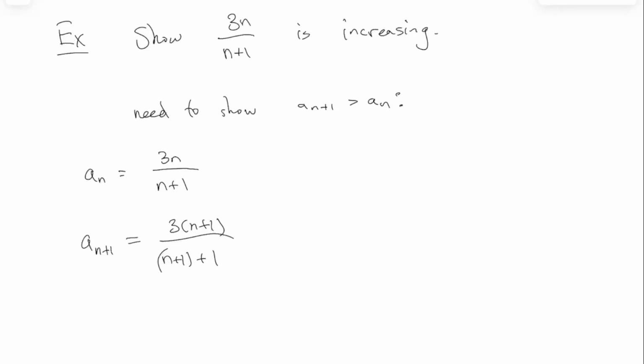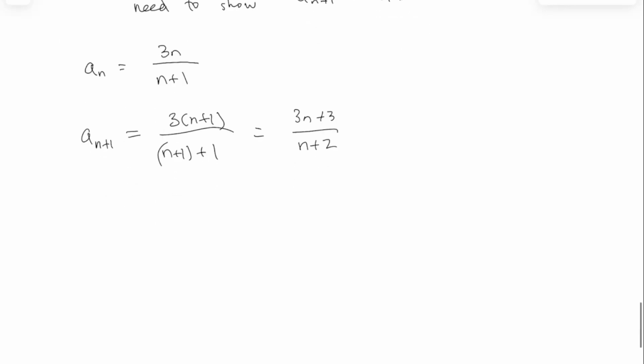And what is that? I will try and simplify this. You can distribute the 3 on top and then add up the 1s on the bottom. So this says 3n plus 3 divided by n plus 2. All right. And so what we need then,